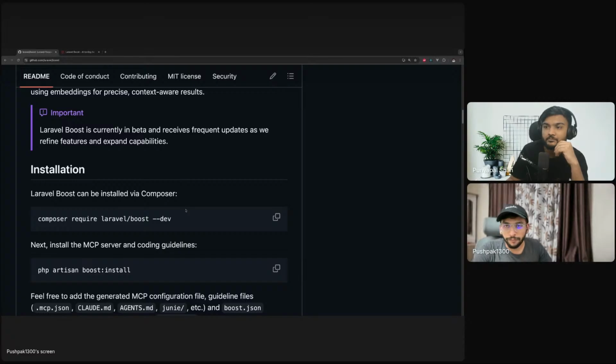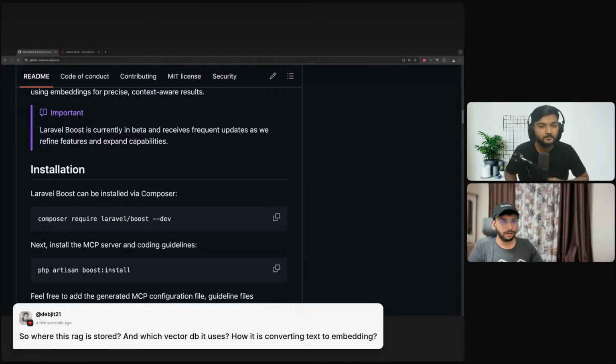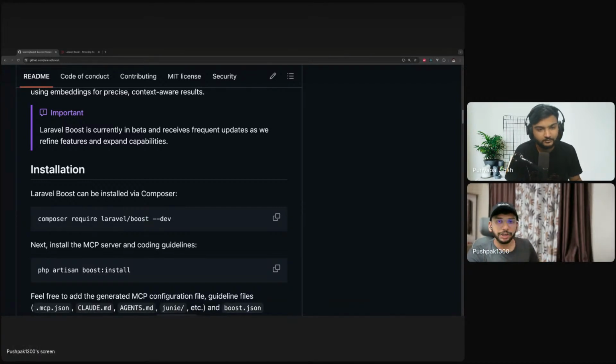Someone asked where the RAG is stored, which vector DB it uses, and how it converts text to embeddings. There are a couple of things to that, how the RAG works. There is a separate ingestion model written for all these different repositories. On a periodic basis we scrape the documentation of all these websites. We use OpenAI embedding models to generate the embeddings. We use Typesense to store all those embeddings, and apart from that, there is also certain types of